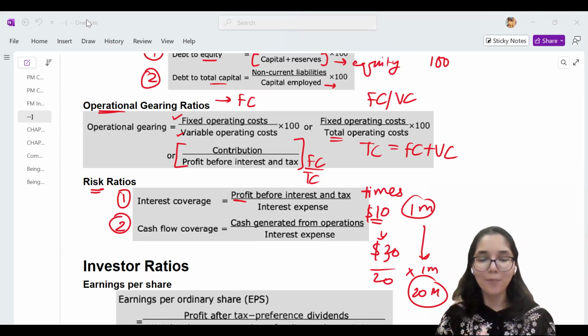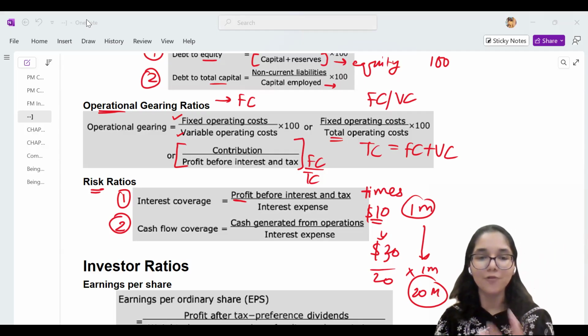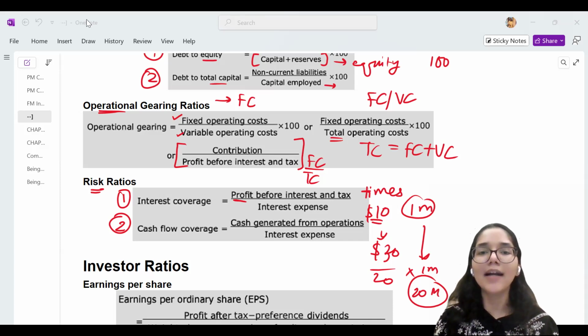Yes, I am in a profit, but that profit is not realized. So I do not have any cash with me. If you come to me and tell me, ma'am, can you please give me $1 million? You've made so much good profit. Just give me a small portion of it. Give me $1 million only. So what will I tell you?